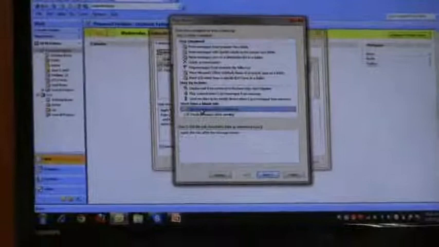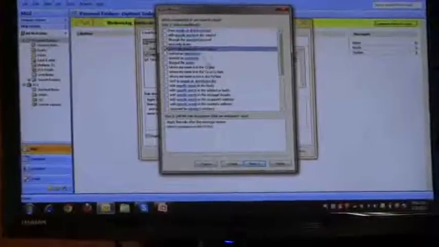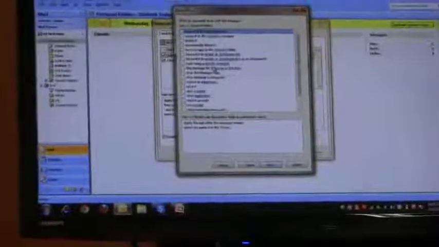Now you go to rules and alerts. Select the new rule. Check messages when they arrive. Next, select where my name is in the To box. Then next, there is one option, reply using a specific template. You have to select that reply using a specific template. You have to select that message, out of office.